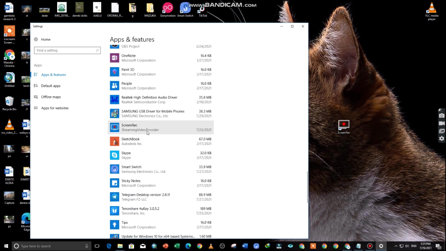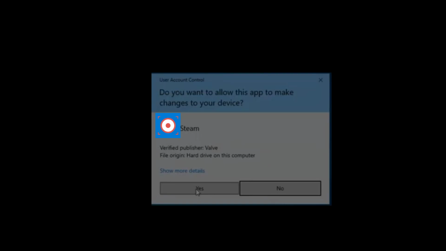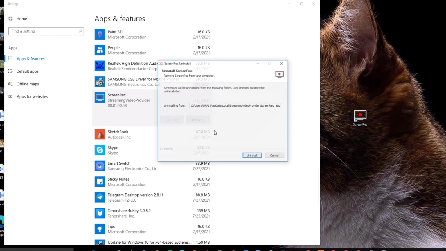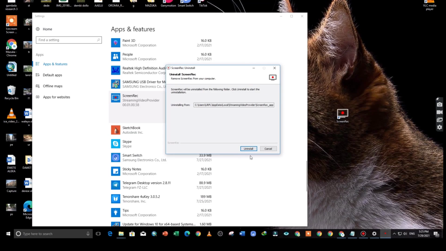As I told you, I will uninstall the first app, called Screen Recorder, which is this one. Just click on the app and then you will see the uninstall button. Click it, and it gives me this kind of window. I will just say yes. If the app that you want to uninstall has an uninstall program, it will run that too. So just click the uninstall button and you can see it says uninstalling